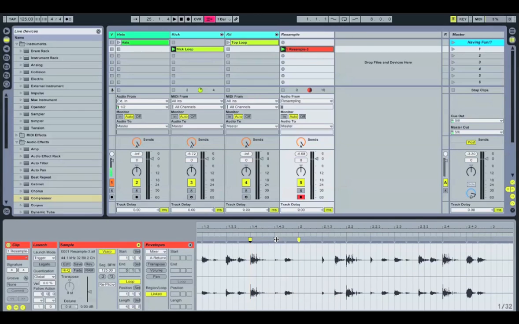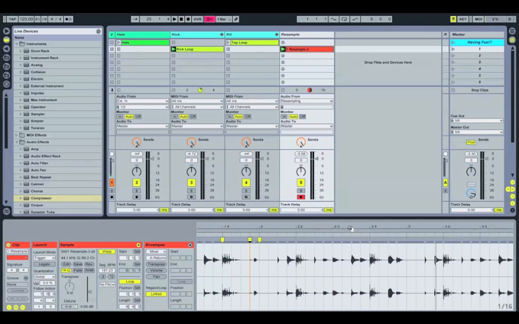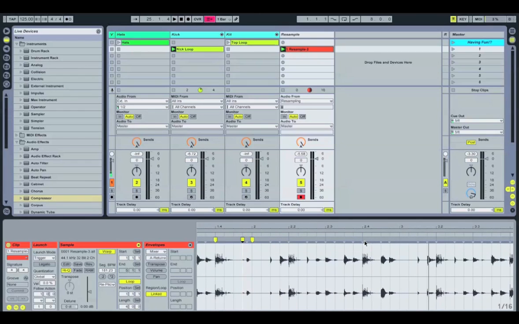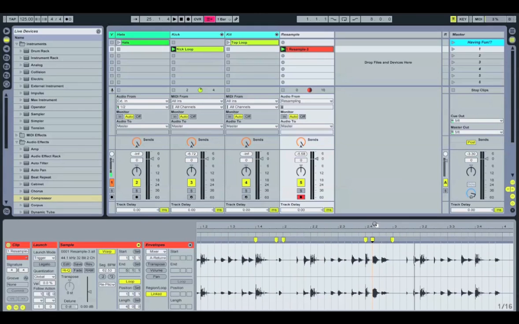So I'm going to start to add in some stuff here. I'm going to add in a couple, three warp markers because I want these two to stay the same, and then within here I'm going to start messing some stuff around and pushing it so it'll make this one lower in pitch and make this one higher in pitch, which can sound cool, can also sound weird. So we've got to do a little bit of experimenting here to see how all this sounds. And so if we start here,